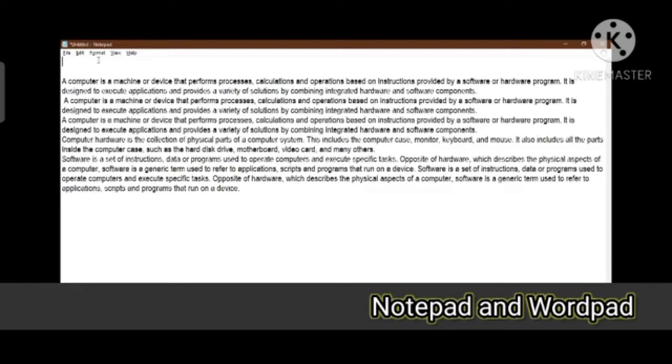Once you go to the format option and click on the word wrap option, everything comes on the single screen. In the notepad you can also change the font of your story text. So whatever you have written, that is the font. Now if you want, you can change the font of this story text.